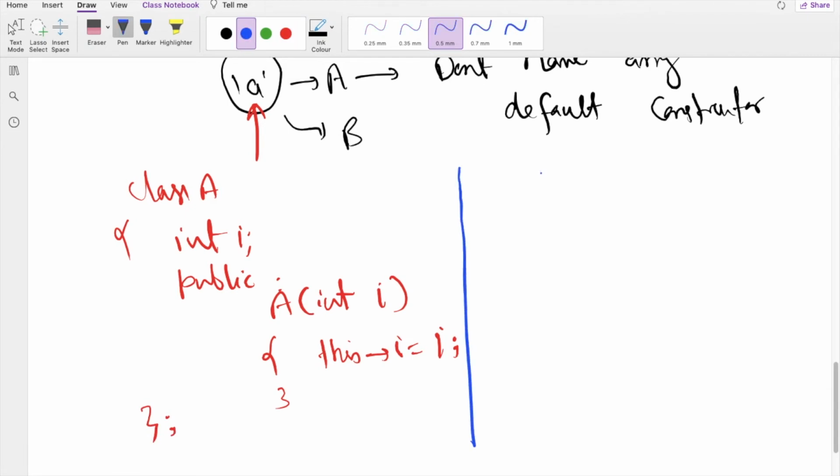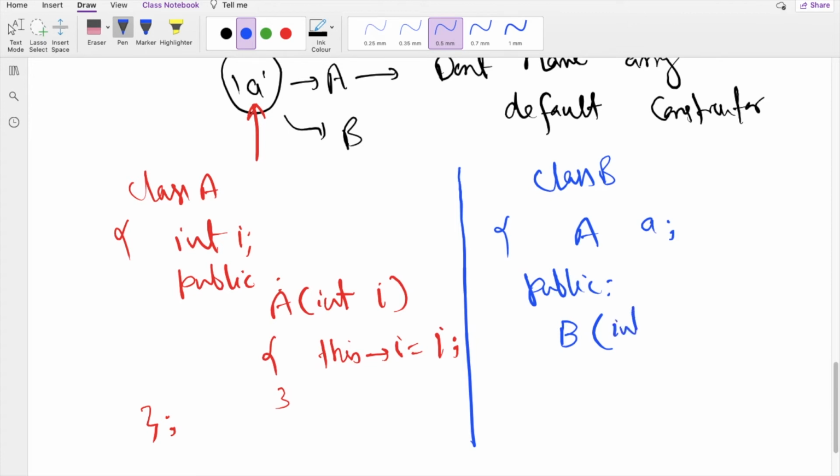After that we have class B, and in class B we have a data member a, which is an object of class A. Then we have some public member functions, and one of them is the constructor itself. Inside that we are getting some input int x. So here if you want to initialize this i variable, you have to use an initializer list like this, a(x), right? And you can write anything here. So even in this case, using an initializer list is a must.